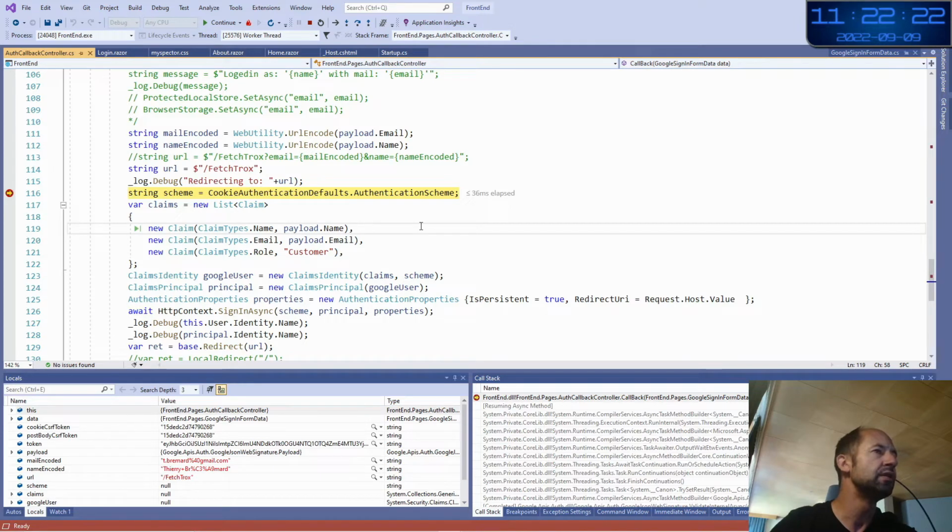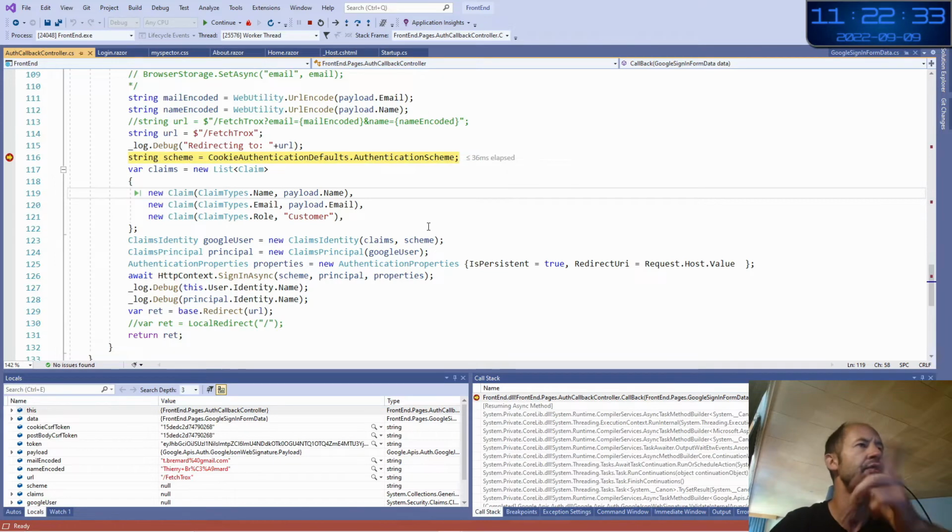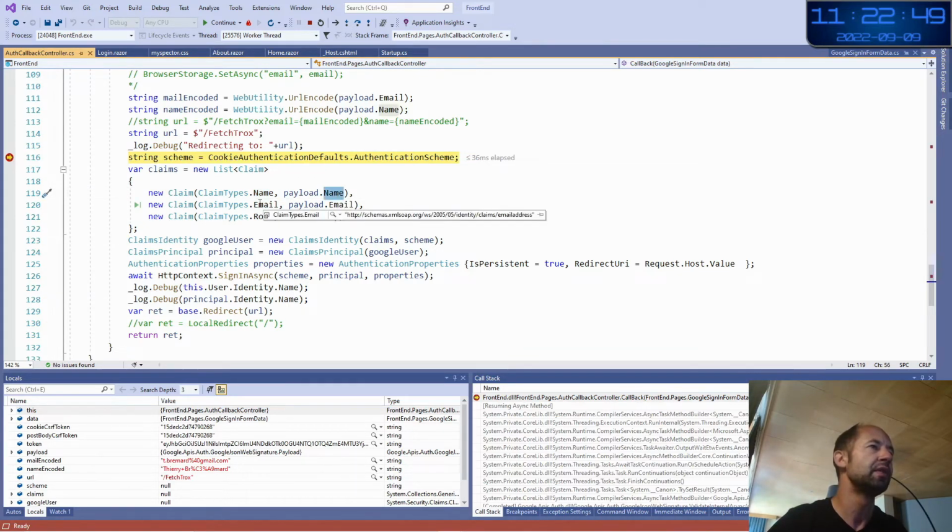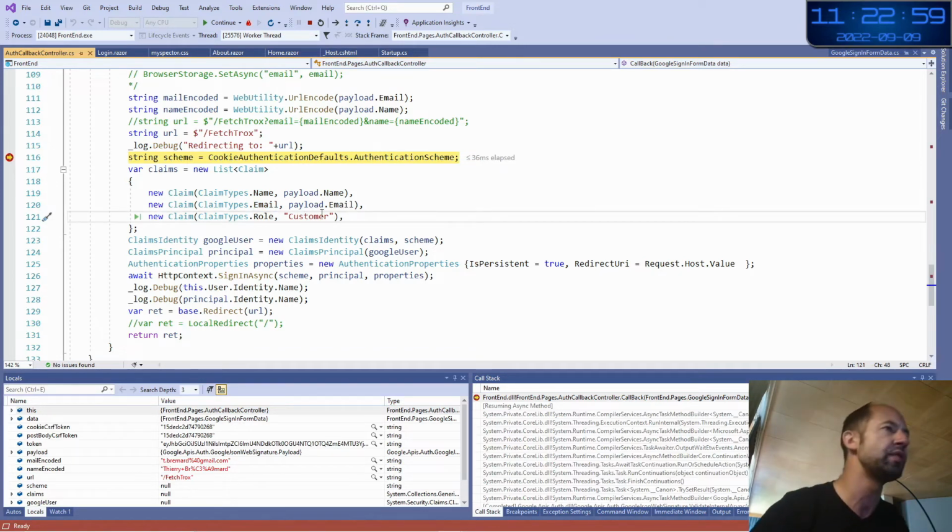So here, this is just crazy the way it has been designed and the way you should use it. But to register your user in your cookie, you register it in the other page after. You have these claims. And the claim, in fact, is the Microsoft way of speaking about key values. These are key values. So this is the name, this is my name. Then I have a claim type email. Then I attach the value email. Then you can put some role. And for the moment, I have put customer, but I will improve it later on.